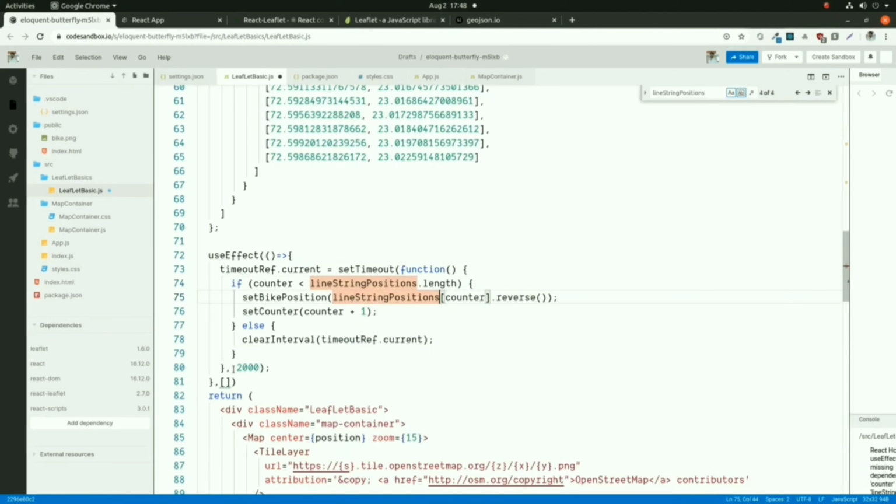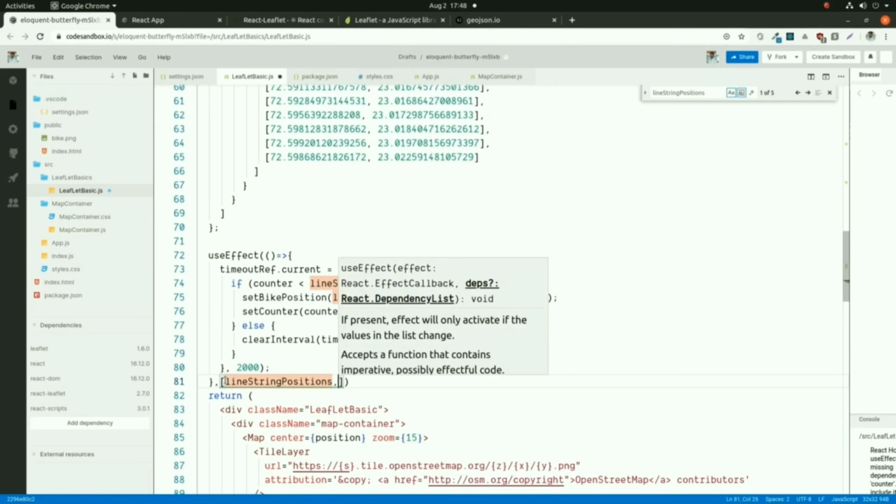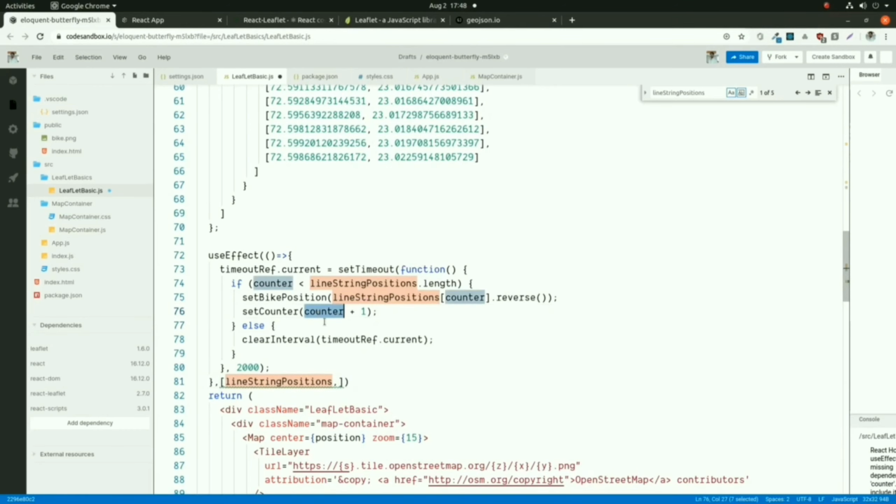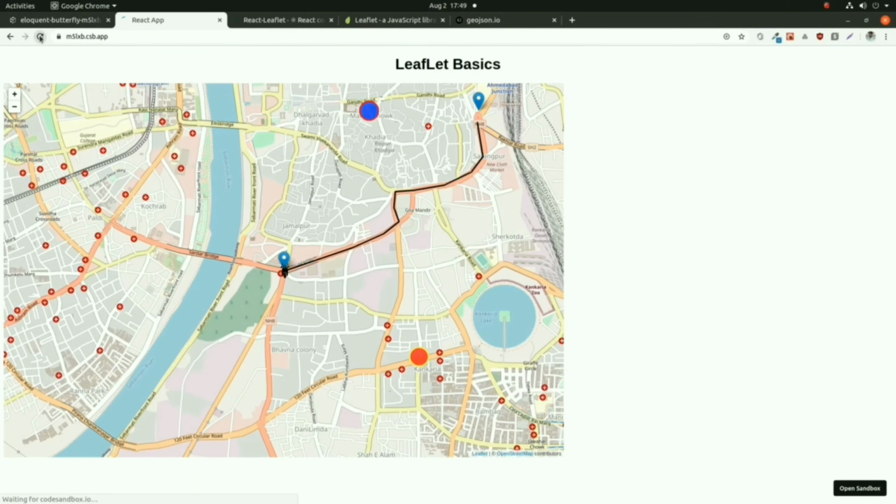In that I have written the code that if counter is less than or equal to line string position dot length, I will change the bike position using the setBikePosition method. So it will change the bike position state variable and also increase the counter variable using the setCounter state method, and at the end it will clear the interval.